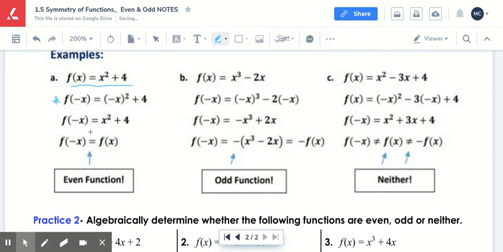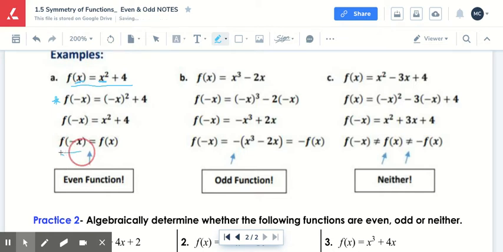In this first step for each of these, we're replacing the x with negative x everywhere within the function. So this x here in the function notation, as well as any x on the right side of the equation. When we do that with this first one, we would then have to simplify. If you take a negative x and you square it, you would get the same thing as just a positive x squared, since anything times itself becomes positive. So this would come out as x squared plus 4,